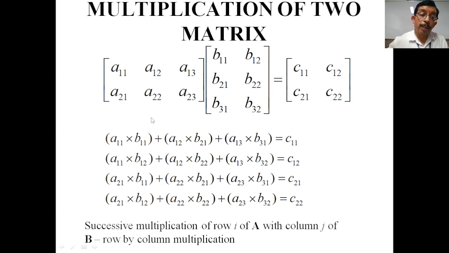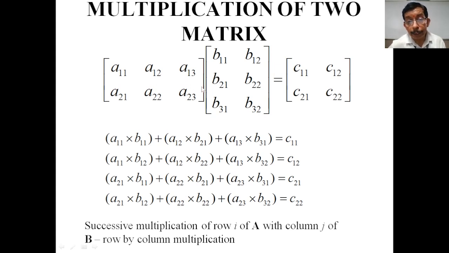So students, first we take the first row of the first matrix and multiply by the first column of the second matrix. Row is multiplied by column by the corresponding elements. Suppose the first row's first element is A11, then the first column's first element is B11. A11 multiplied by B11 gives A11 into B11. Then we move to the second element of the first row, A12, and the second element of the first column in the second matrix, B21.